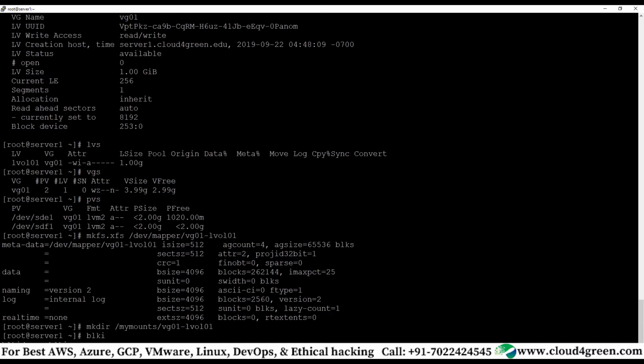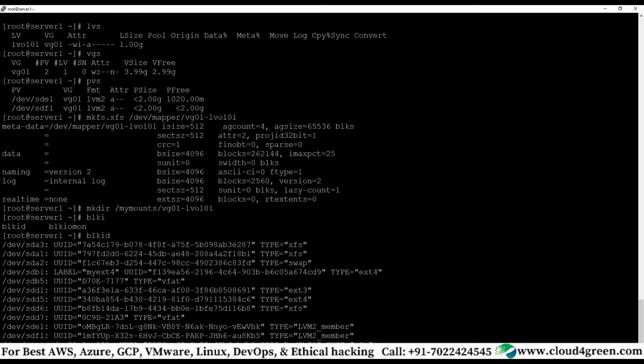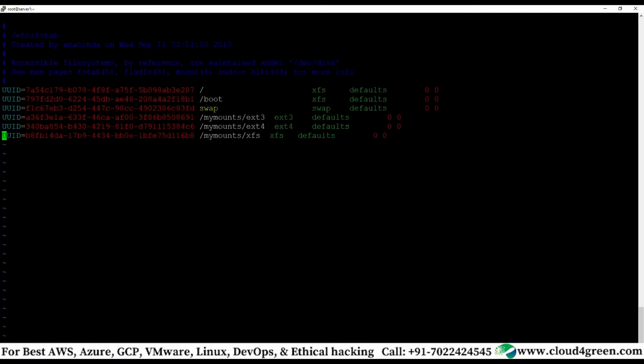blkid mapper. See this, your device name is not there. /dev/sd-something is not there. Mapper is there. So you take this UUID. vim /etc/fstab, open. Where is this? Enter. My mounts